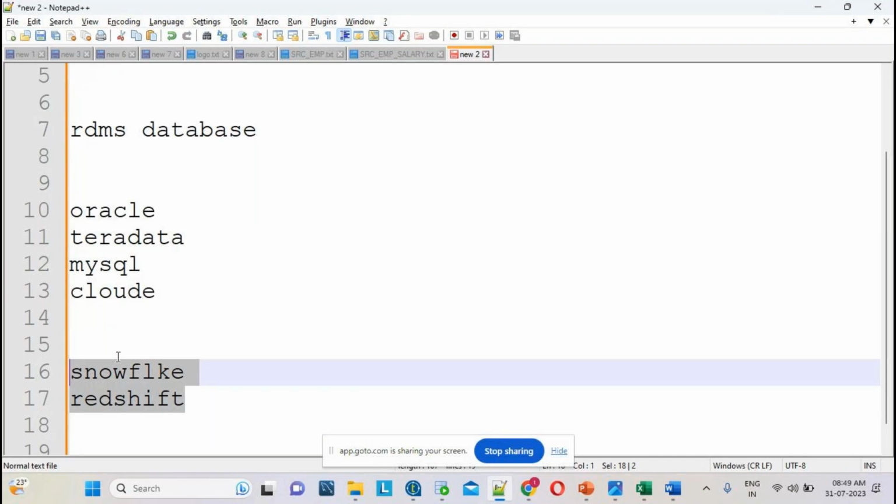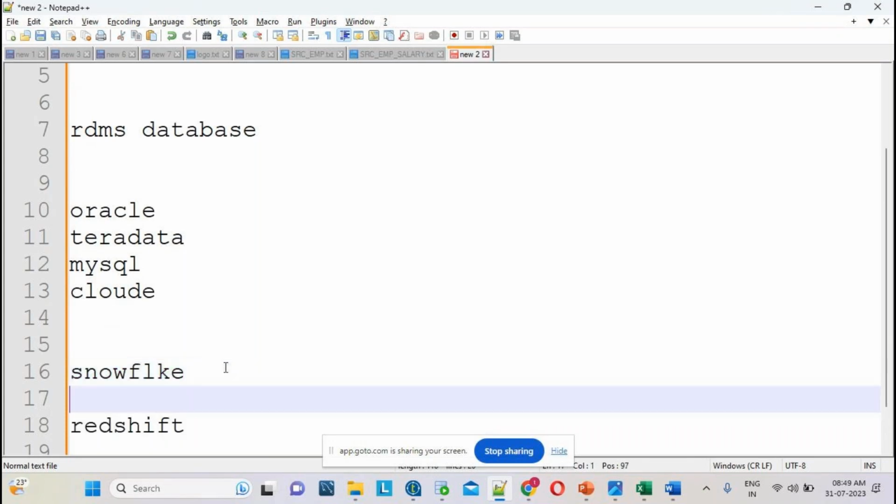Huge volumes of data we can easily handle. I can get the data from an Amazon S3 bucket and perform some database activities using Snowflake. Here scripting, SQL commands, are required.